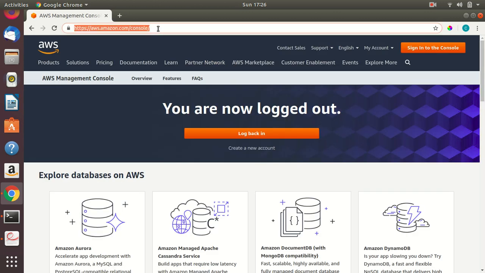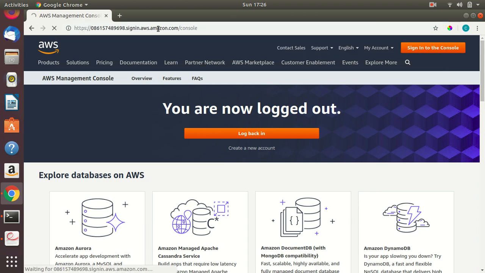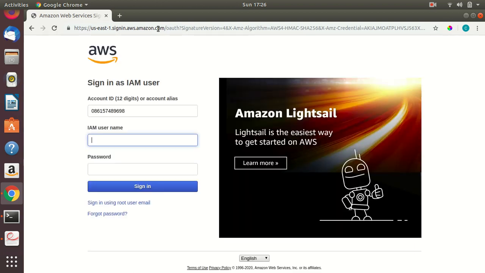Now I'll try to log in with the same IAM user. User demo 5, password.